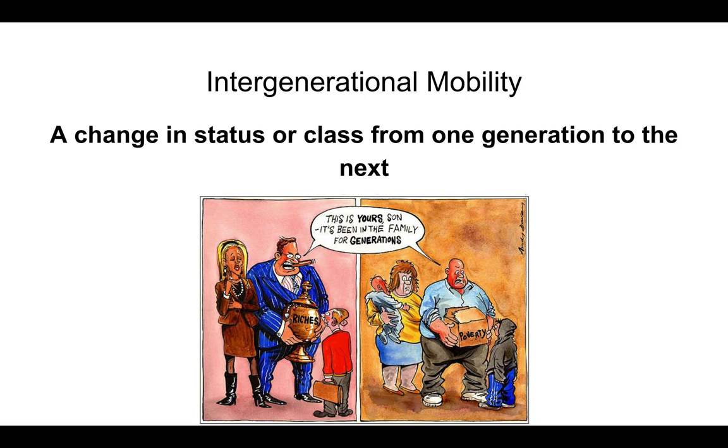Now, interestingly enough, for people your age, there has been an increasing number of people who are experiencing downward intergenerational mobility, that they're not going to be able to maintain the same social class as their parents had. The reason for this is the changing economics and job markets, and it requires a different set of skills that people are not adapting to as quickly. That doesn't mean you're going to have to experience downward mobility, but it's a possibility more so than it was when I was your age.